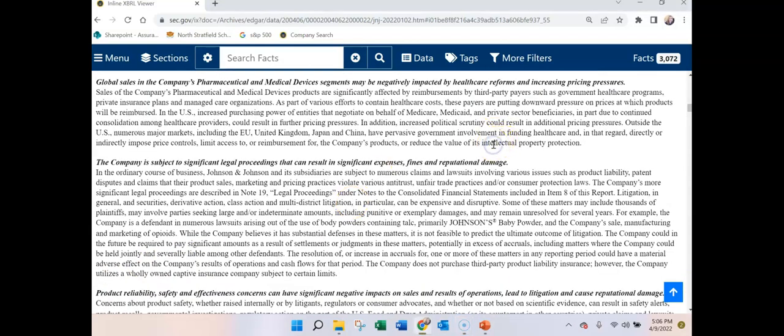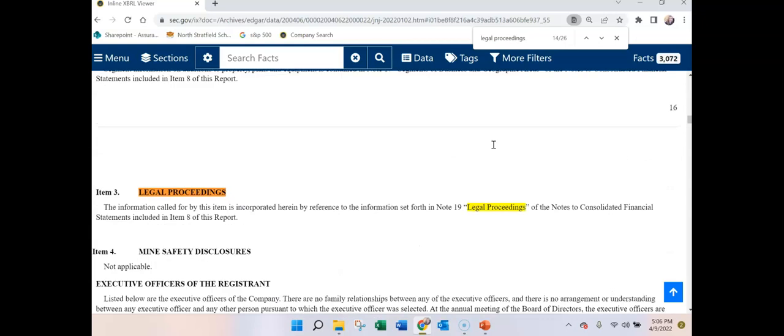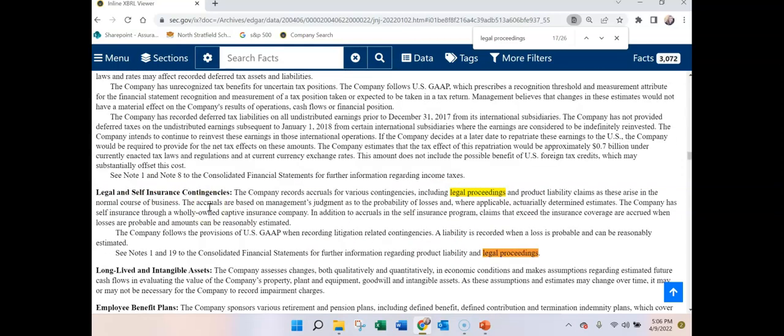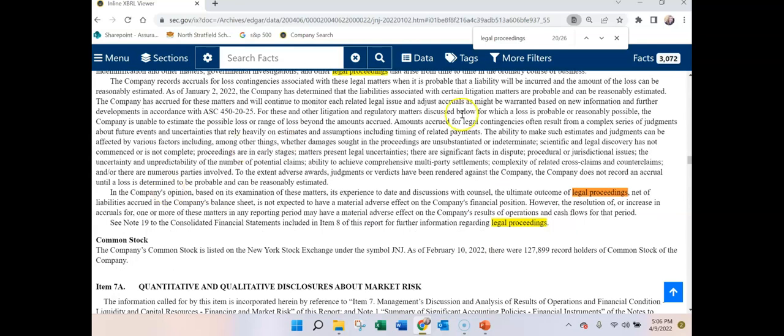Now this is the risks section, but if I search for legal proceedings, I'll get down to the actual section for legal proceedings, item 3, that all companies need to discuss. We see that it's discussed furthermore in note 19. And so if we want to come down to that note 19,